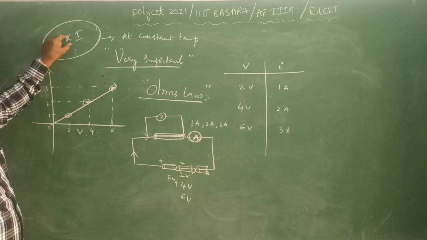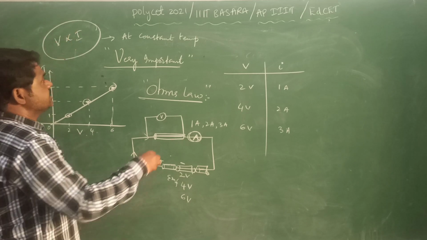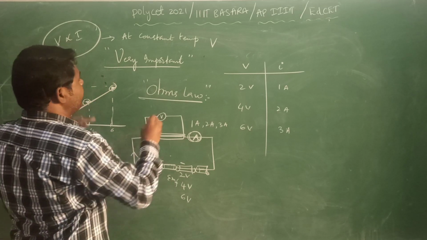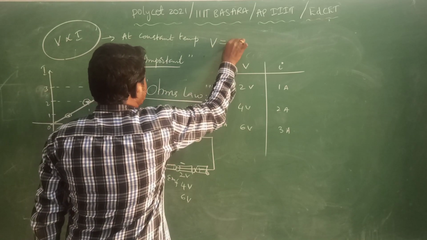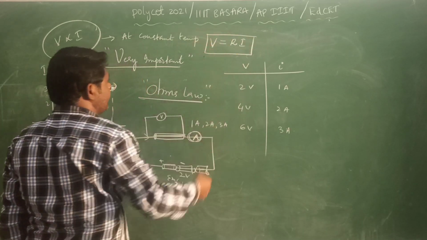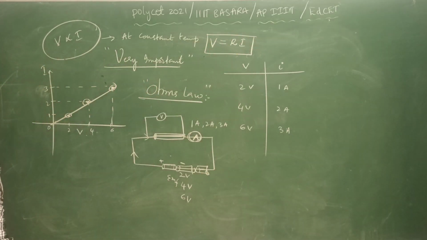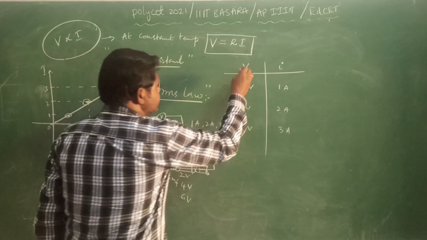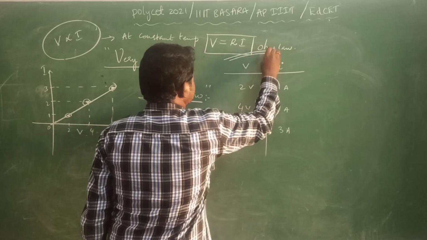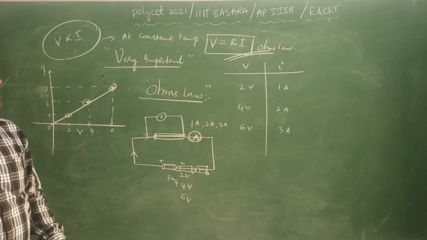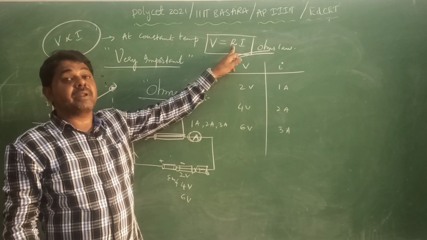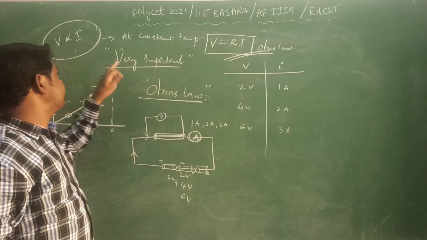So voltage is directly proportional to electric current. As you know, if you want to replace the proportionality, we have to write a constant. That constant is R into I. So V is equal to IR. This is the mathematical form of Ohm's law. So V is equal to IR, where V is the potential difference, R is the proportionality constant here, because proportionality